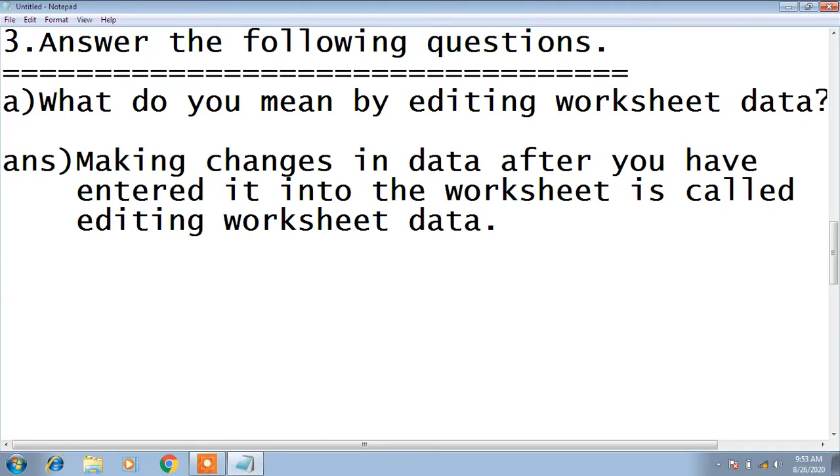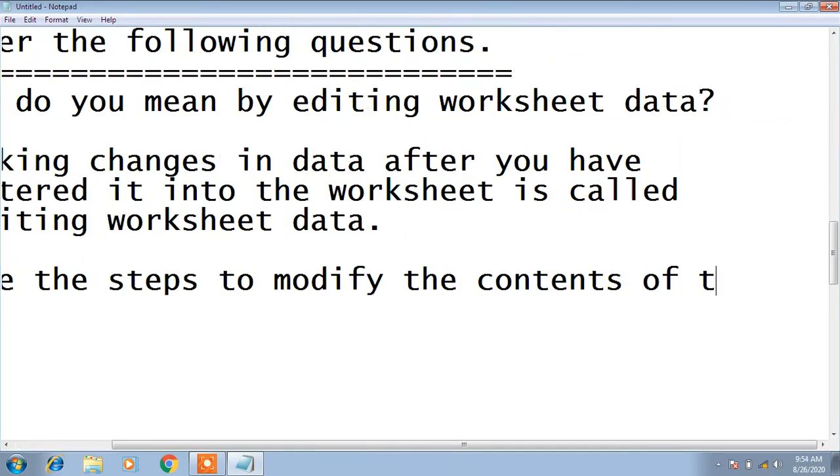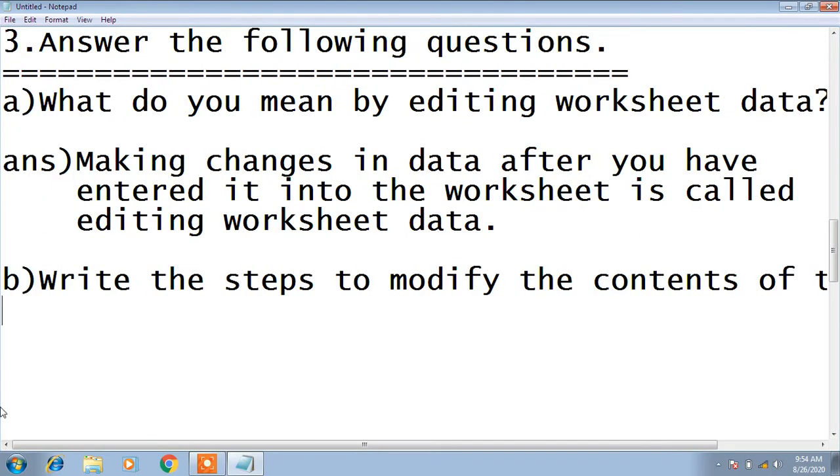Now the next question is, write the steps to modify the contents of a cell partially. Question number B is, write the steps to modify the contents of the cell partially.